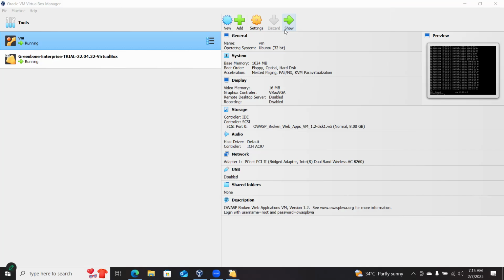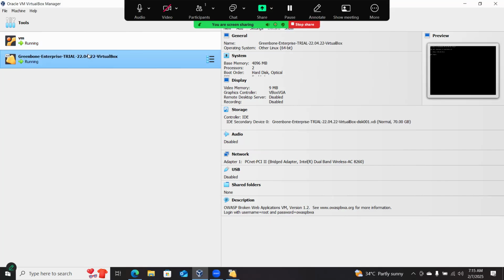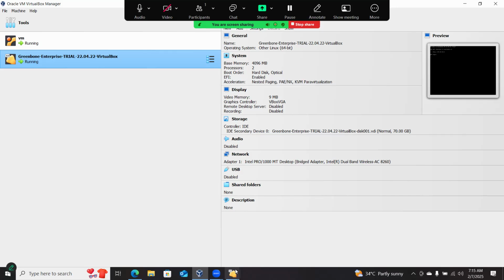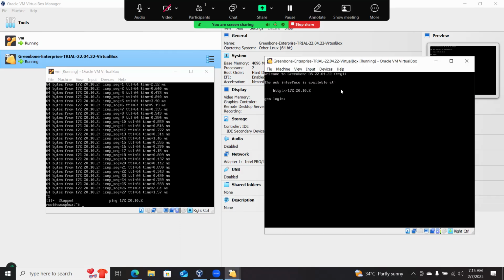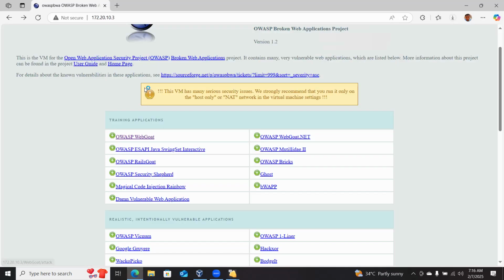So the first thing we're going to do is that we power on our two machines. Once we power on our Greenbone and our OWASP, you're going to get the IP address of each machine. So here is the IP address of our Greenbone. Once you get the IP address of your Greenbone, the next thing we need to do is to go to your